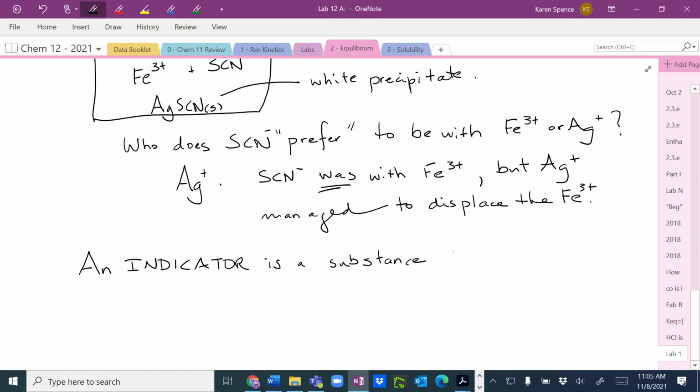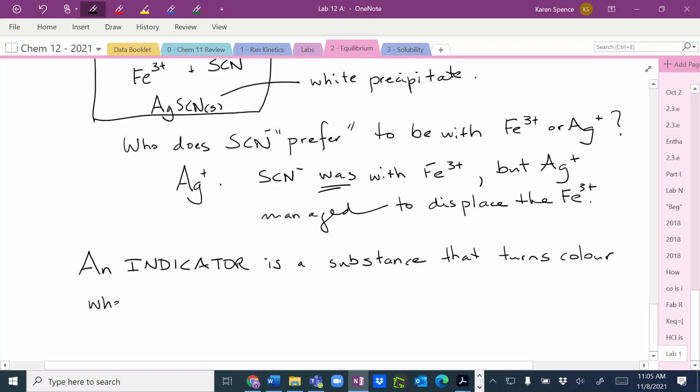Do you remember when you did the titration? Did you add an indicator? Yes. So every time you added some sodium hydroxide, it would react with the hydrogen that was there. But the solution didn't turn pink until all the hydrogen was used up. Yes? So an indicator is a substance that turns color